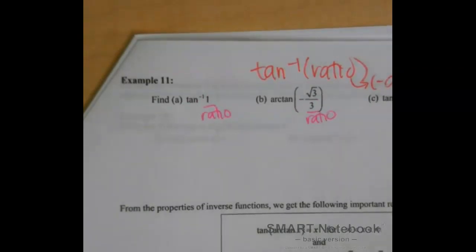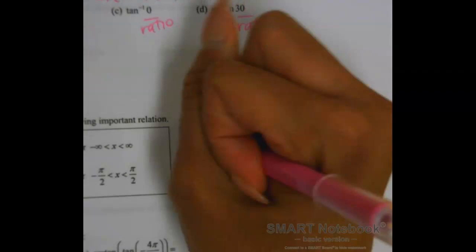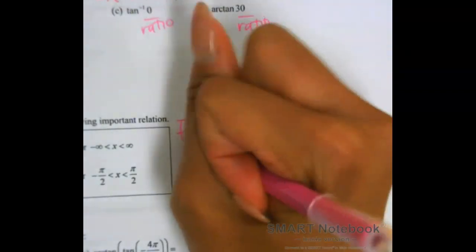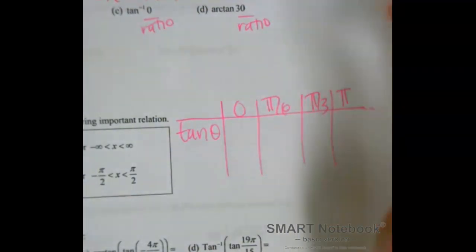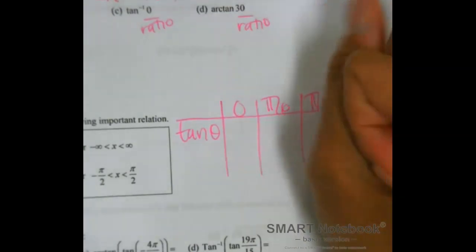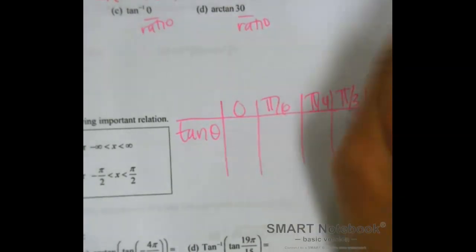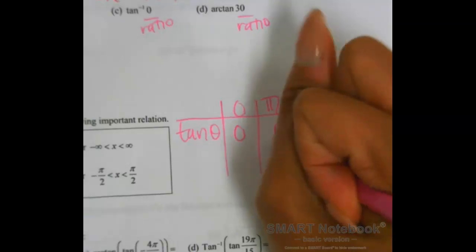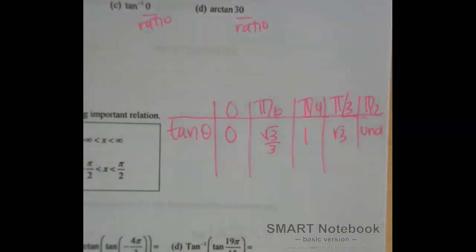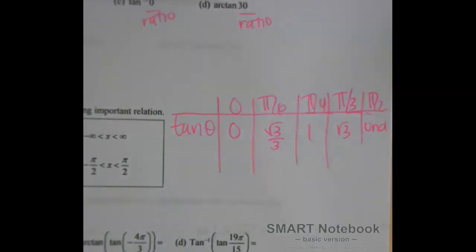I probably also need my tangent chart. So let me go ahead and create that here now that I thought about it. Let's create your tangent chart. Tangent of theta. Zero, 1, undefined, square root 3 over 3. I memorized these a little bit out of order, but it works for me. However you guys can memorize it is what I need. All right, now that I have my table set up, you guys can use this to help with solving for